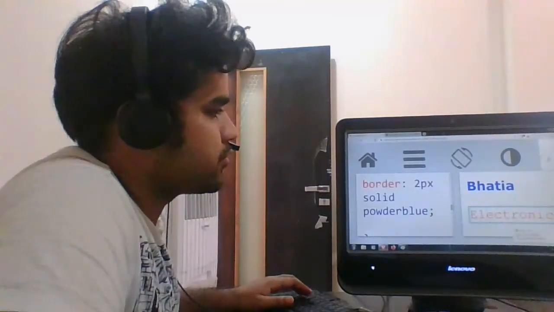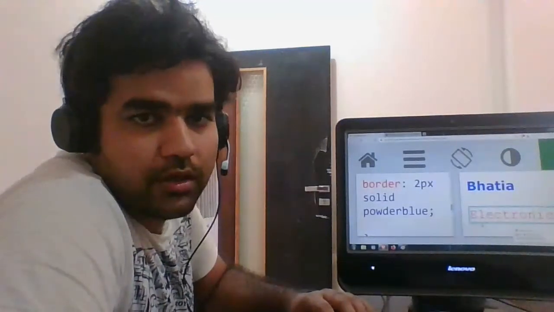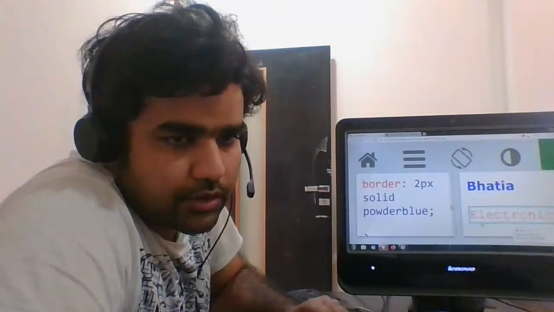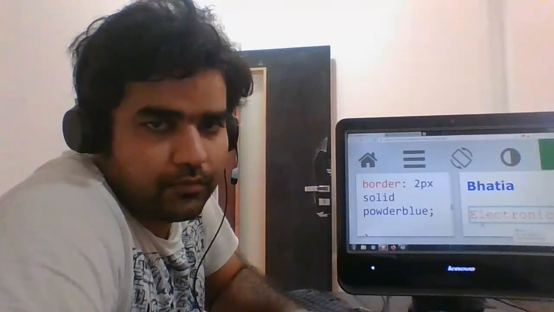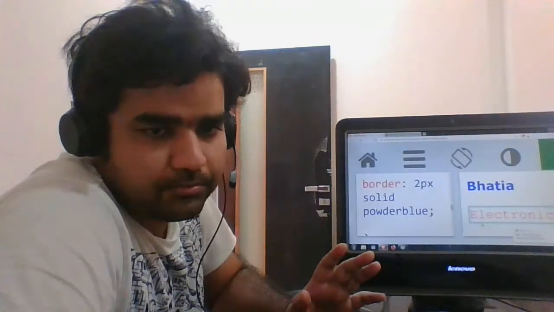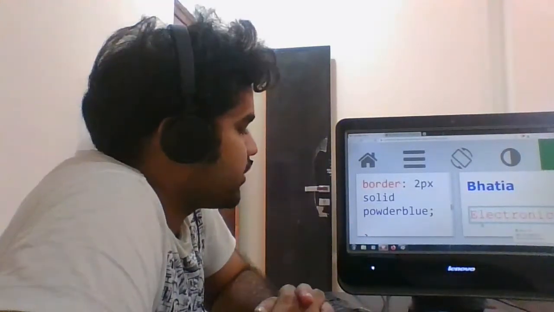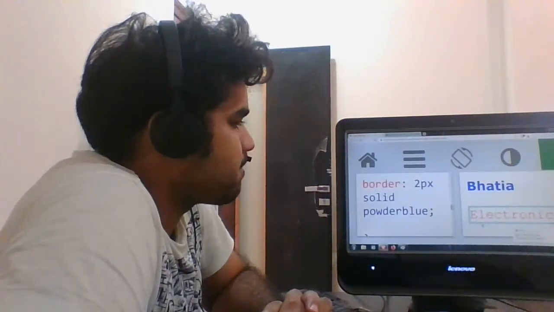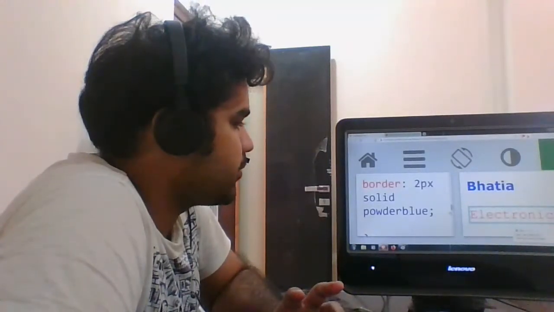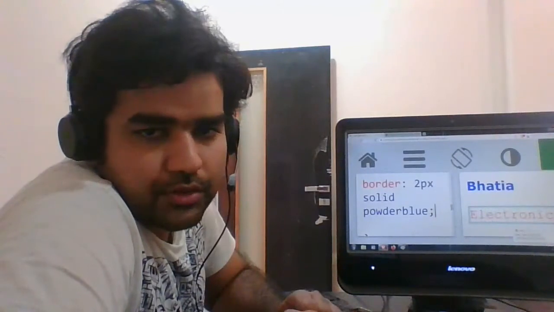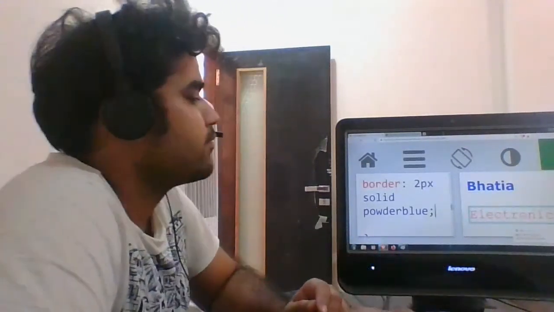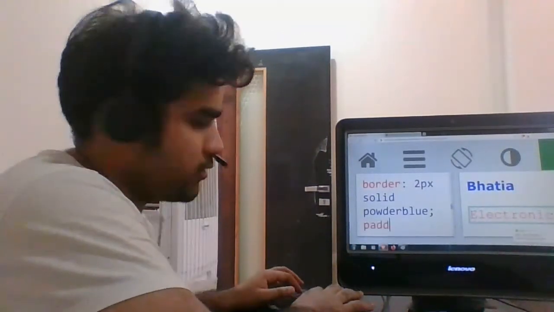Let's try to run it. So you can see that electronics has come out to be in a border form as well. There's a square box that you can see around it. Now another attribute I want to add is padding. Padding is like space between text and the border, because you can see that electronics is going out of it. So let me add some padding,